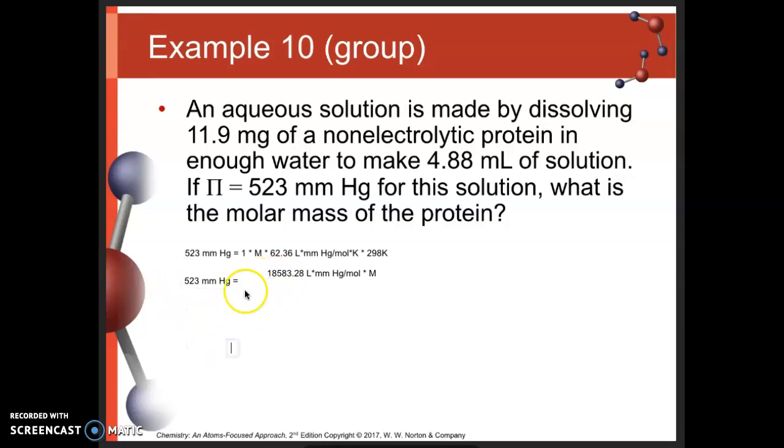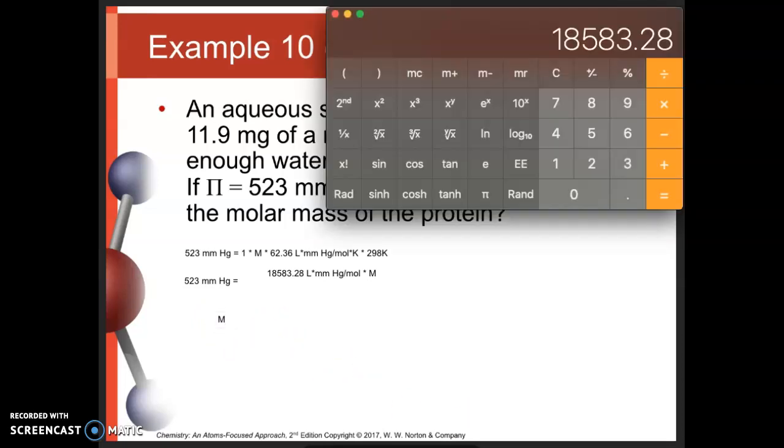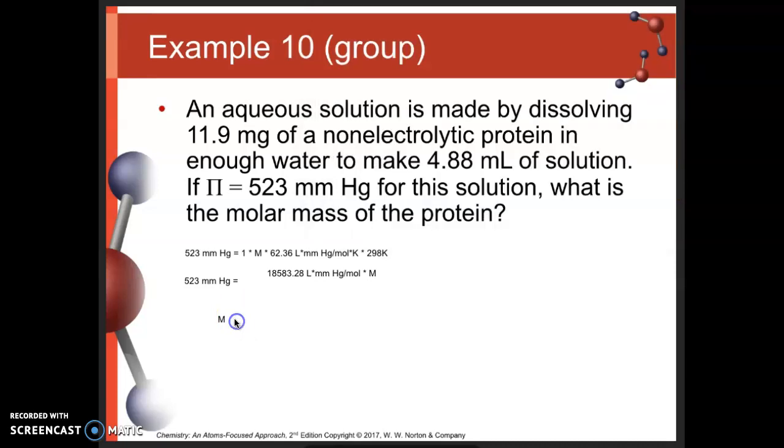We do our division here, and we end up getting M is equal to 523 divided by 18583.28. Our molarity here is 0.0281